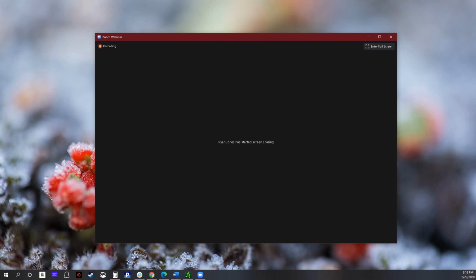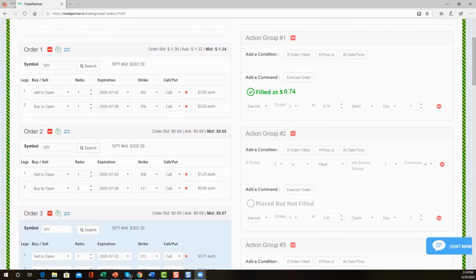All right, so the market is still down a bit, but it's starting to come back up from where it was. So I was filled on the bullish, and this is the risk that you take when you get into these. The only other way to do it is at market, and the other day when I did it at market, we were filled at a debit of 8, as opposed to a credit of 3. So just to show you that you don't want to do this at market. All right, so there is that.